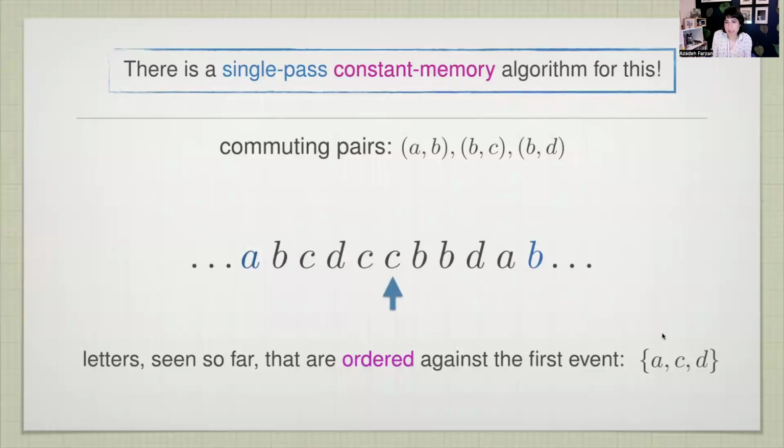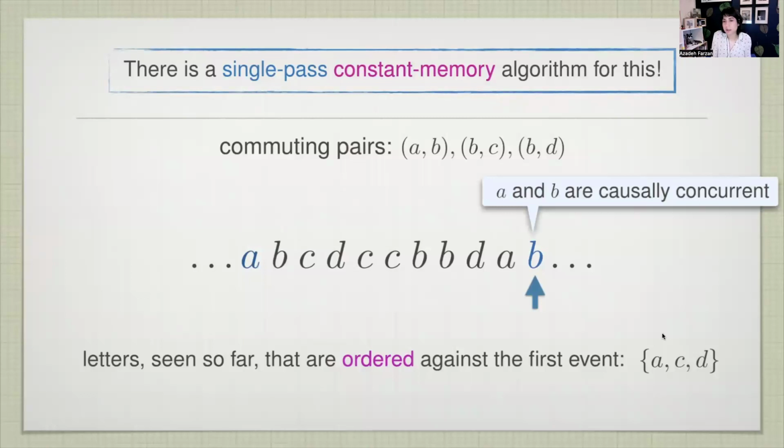Another C, the same. I will see the B because this B is a different kind of check than the earlier B. But because B is independent of all the 3 letters that you see there, A, C, and D, still B does not get added to this set. And I can continue processing the things until I get to the last B. And then my query is, all the letters that you have seen that depend on your source event, is this event dependent on any of them? And in this case, the answer is no.